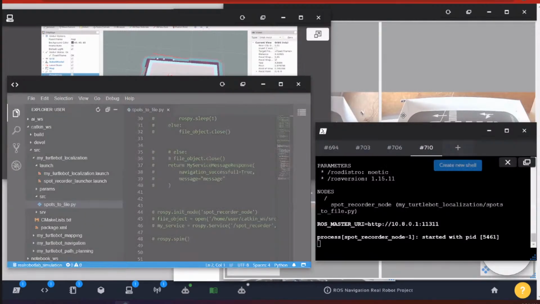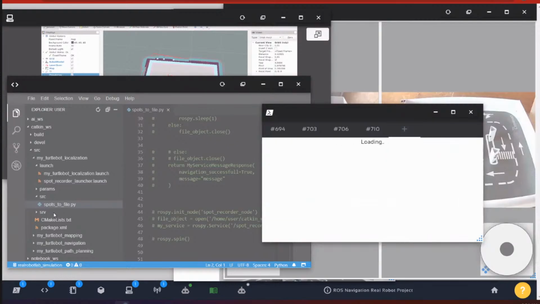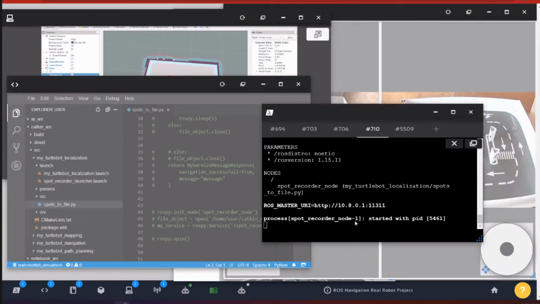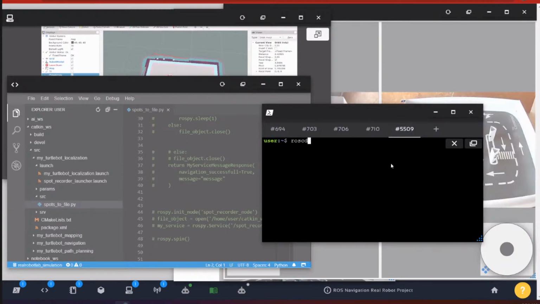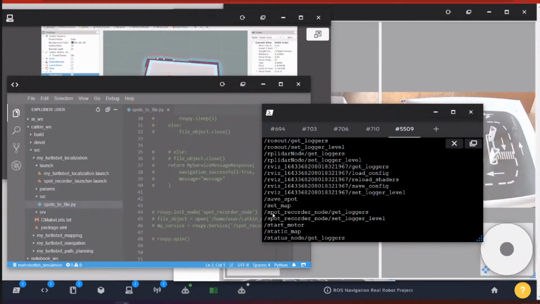Okay. So what it does is just start a node with a topic. Here, the process is called the spot recorder node. Sorry, it's a service. This is the one. The spot recorder is a service. So what we can do is to